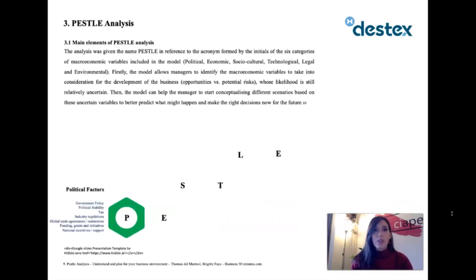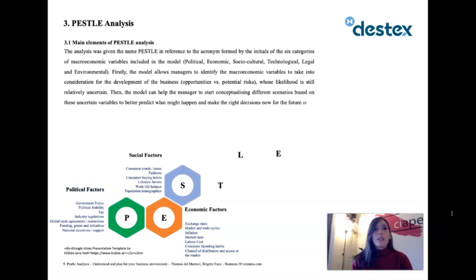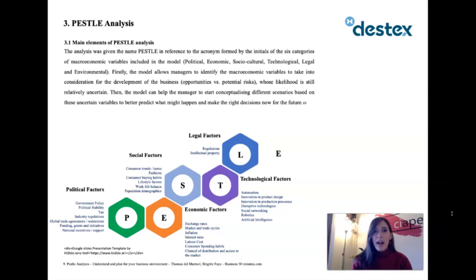Among the political factors, we can find government policy, tax, trade agreements. For the economic factors, we have, for example, market rates, interest rates, labor costs. For the social factors, consumer trends, lifestyles, demographics. Among the technological factors, we find automation, product innovation, robotics, and so on. Then we have legal factors and regulations and intellectual property, and finally environmental factors like sustainability, resources, environmental restrictions, and